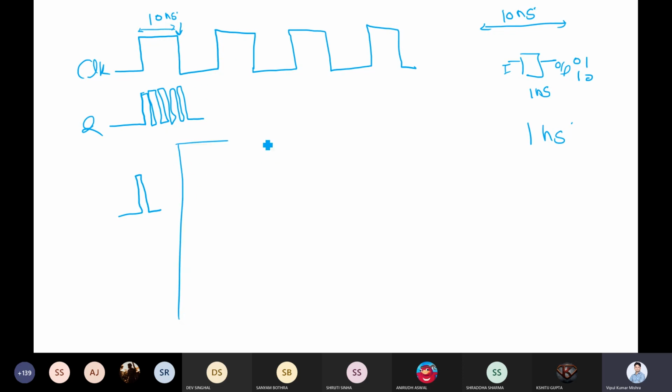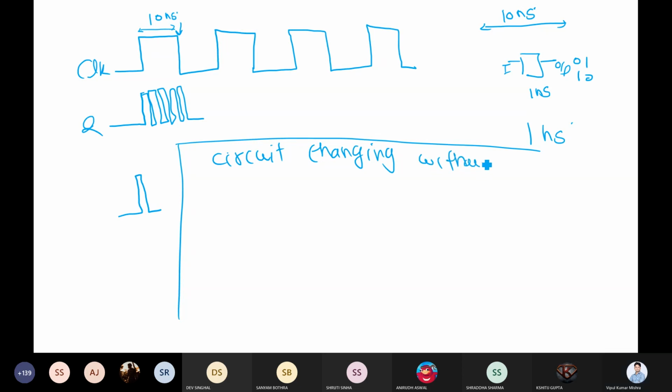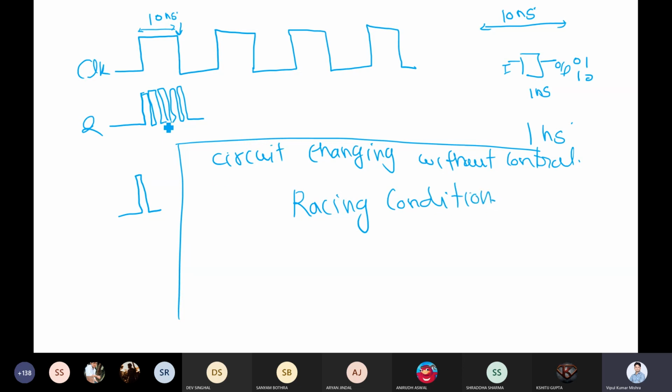So when your circuit is changing without control, this particular condition is known as the racing condition. This uncontrolled change is known as racing, right?